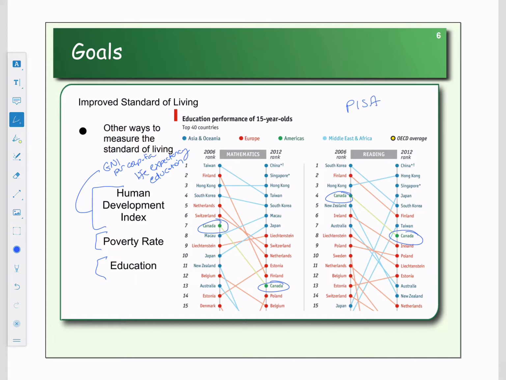So here's a question for you. How do we get an increased standard of living measured by the education rate? So what if we spent more on education? Would that improve our education? What if we paid instructors more? Would that make a difference? Well,